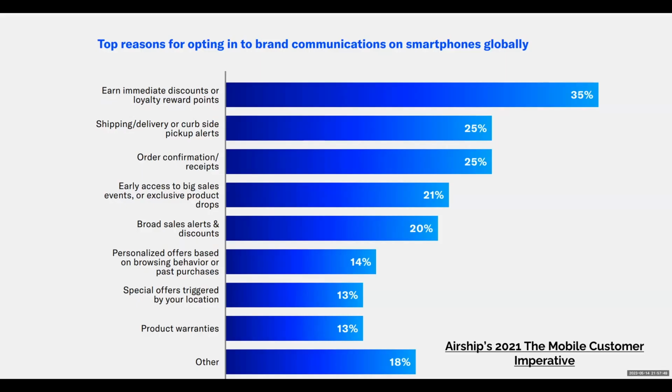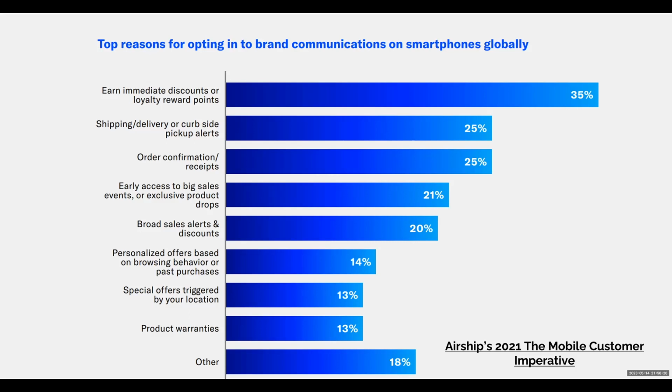This is a piece of research from Airship called the Mobile Customer Imperative, where app users across the world were asked for the top reasons why they opt into brand communications on their smartphones. In this case, we're talking about push notifications primarily as a way of receiving messages on their smartphones. So this is an interesting piece of research because it shows that app users do opt in to push notifications